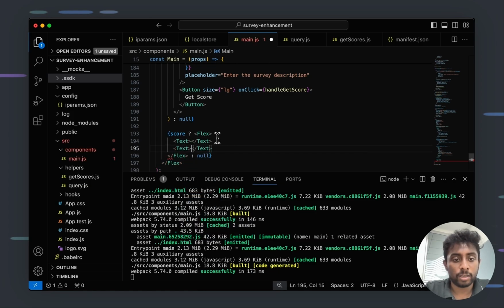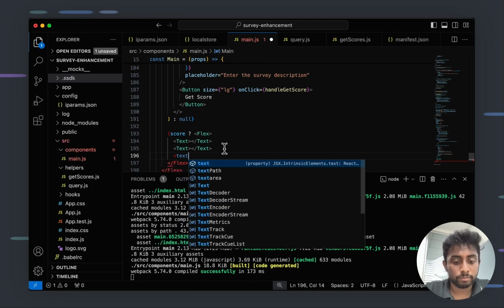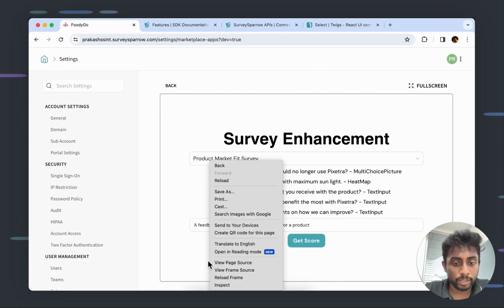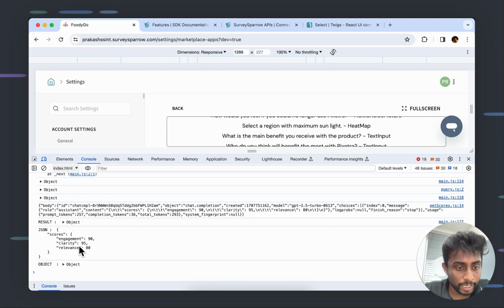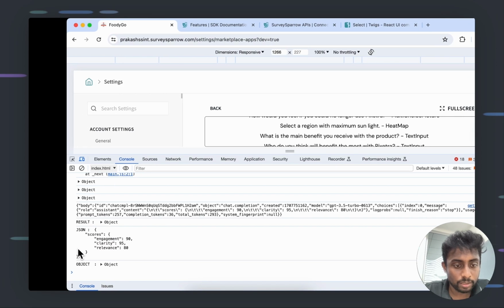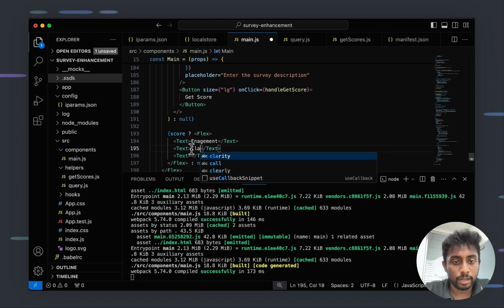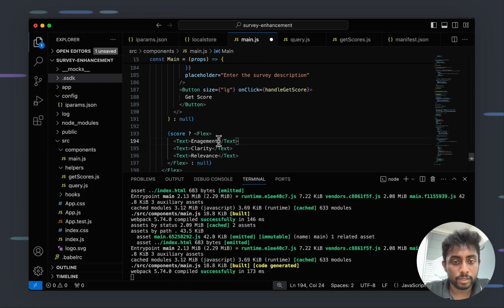So we need three texts, right? One is engagement, clarity, relevance. Now, what are the properties we need? We need engagement, clarity, relevance. Okay. So let's name this engagement, clarity, relevance, and we will keep the property as